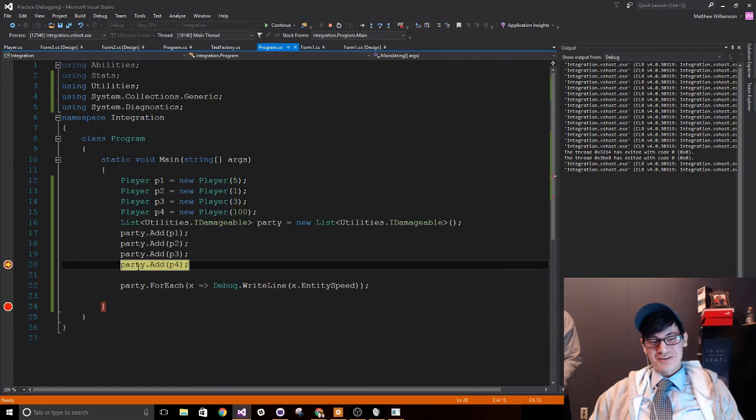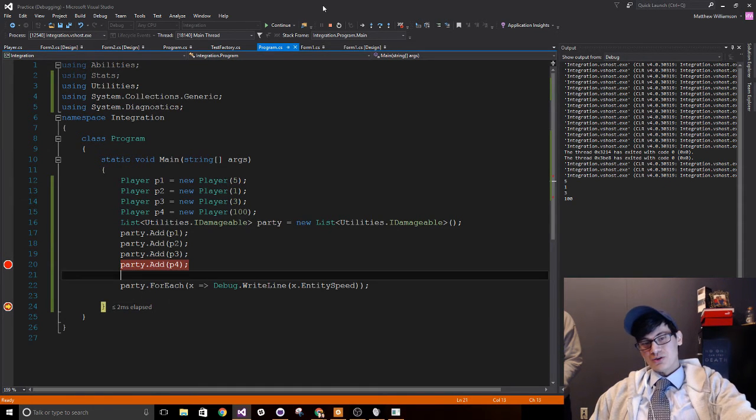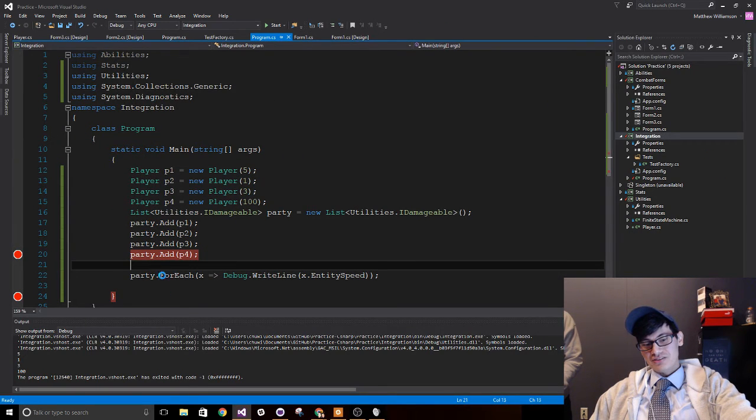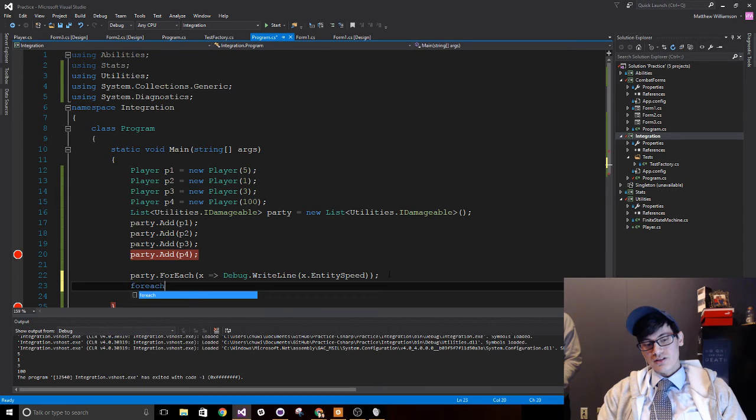So yeah, this should definitely give us something useful now. If you look at the different entities and we constructed them, that has a speed now. Nice. So if you step over right here, it's going to go 5, 1, 3, 100, right? So doing this method call on an actual list is basically the same as saying for each var x in party,